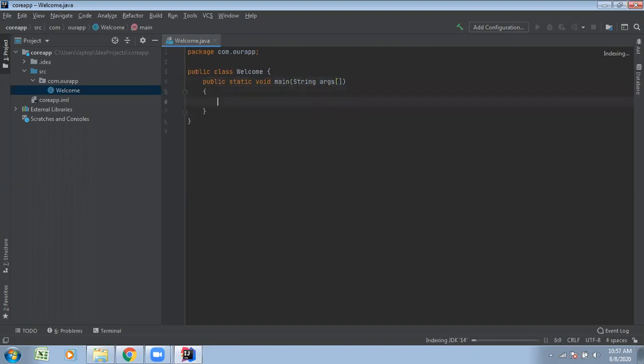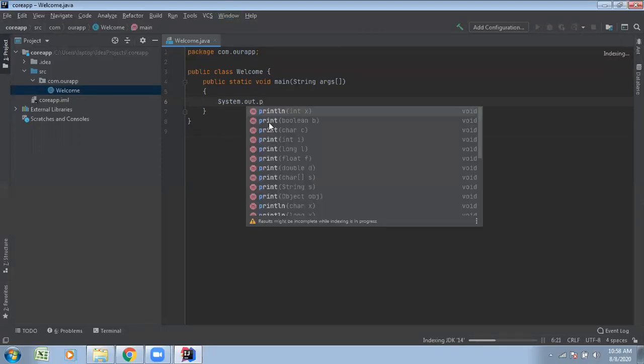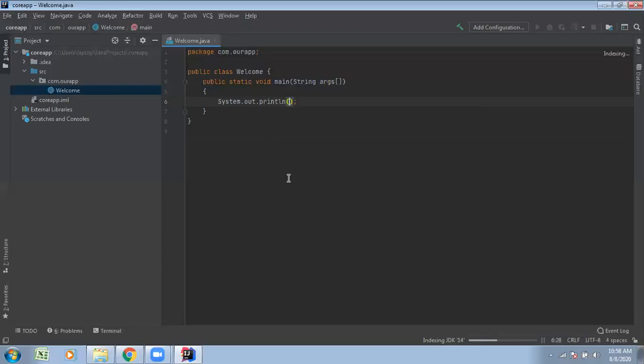Next, the output statement. If you want to zoom it, you can zoom this also. I will show you how to do the configuration process later. System.out.println: System is a built-in class. System.out is a null reference, and println is a method which takes some type of data. Just welcome.